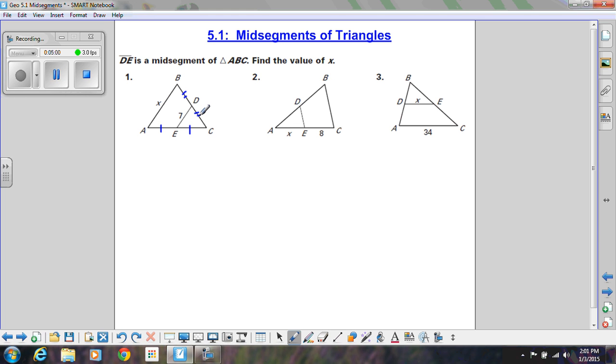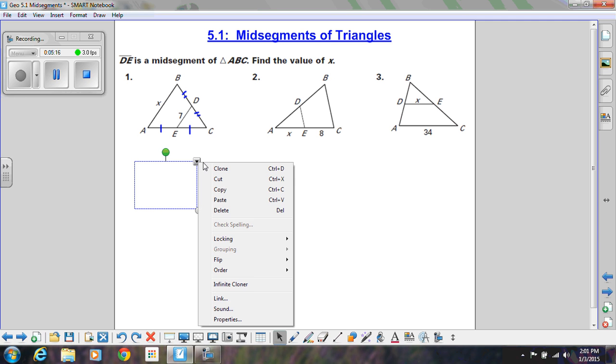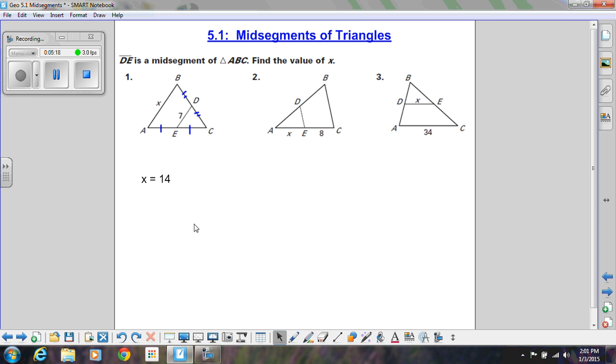So what our theorem said was that this mid-segment has to be half as big as this bigger side. So if I know that 7 is half as big as x, then x has to be twice as big. So x has to be 14. Over here, since we know that E is a midpoint, then I know that segment AE is congruent to